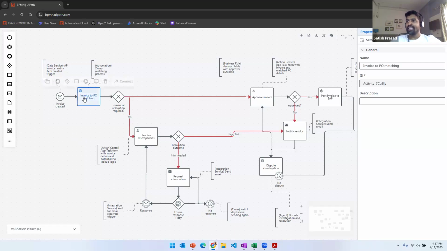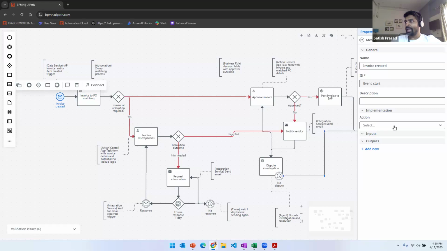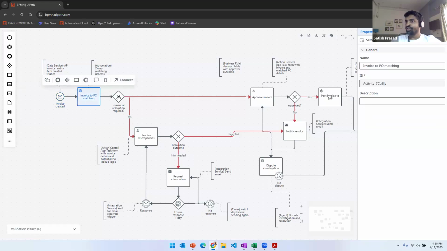But again, here you don't have any opportunity to configure which process should run. You can look at that when an invoice is created, this is a message-based event. So when something happens, you should be able to talk about the wait-for-connector event, and then you should be able to configure accordingly, and for each of these, define your input and output, right? So what I'll suggest here is to understand the working of all of these elements, right? How these BPMN elements work and what the meaning of those is, in a very similar way to how we learned about the flowchart.